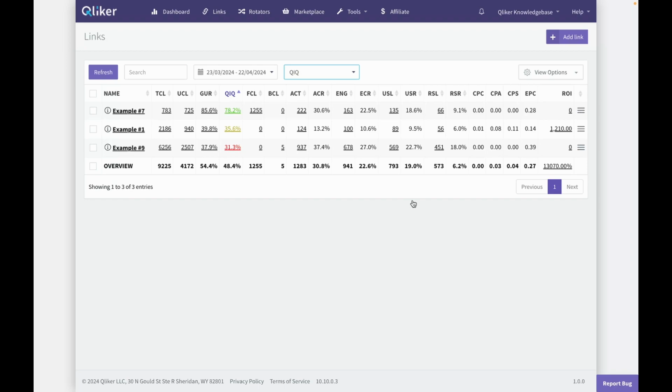Discover the significance of QIQ, Qliker IP Quality, and its practical application in this video tutorial. QIQ, or Qliker IP Quality, harnesses advanced AI-driven algorithms incorporating multiple variables to evaluate IP quality. Represented by three distinct colors: green indicating good quality, yellow indicating medium, and red indicating poor quality, QIQ scores higher